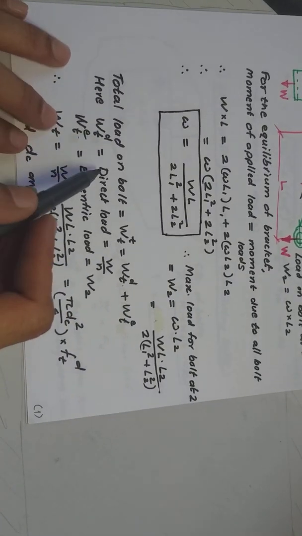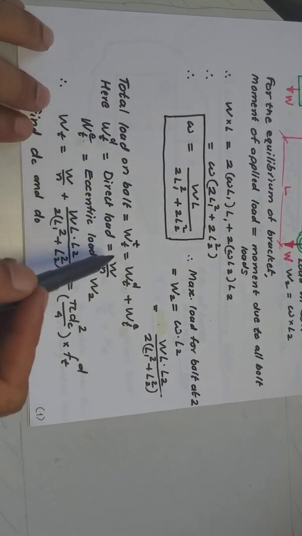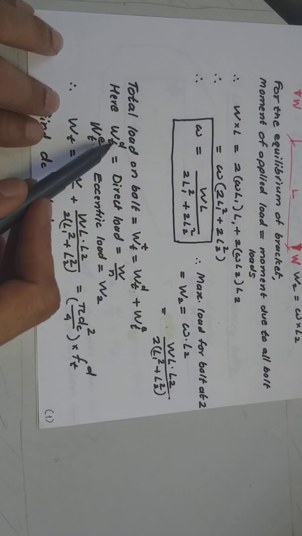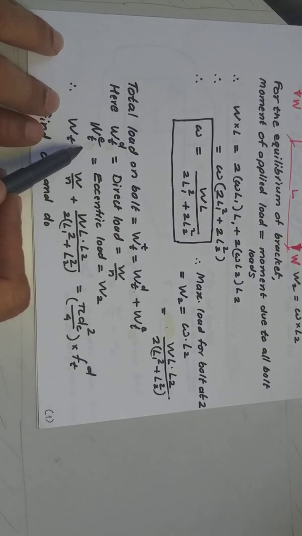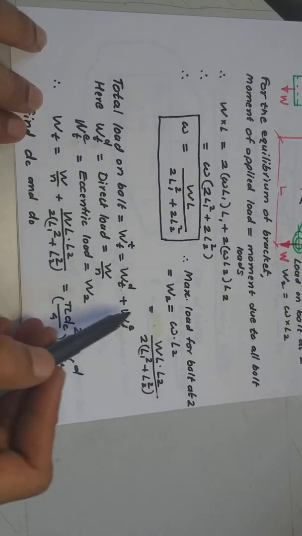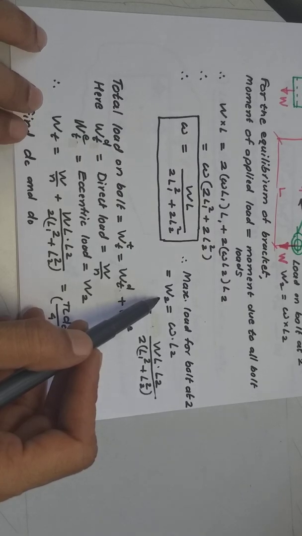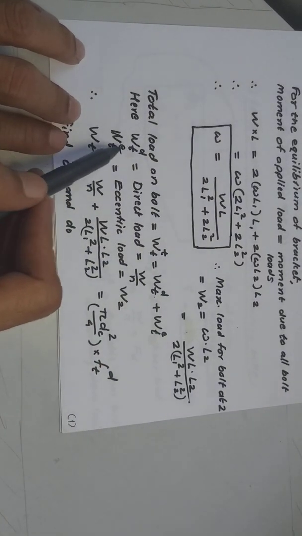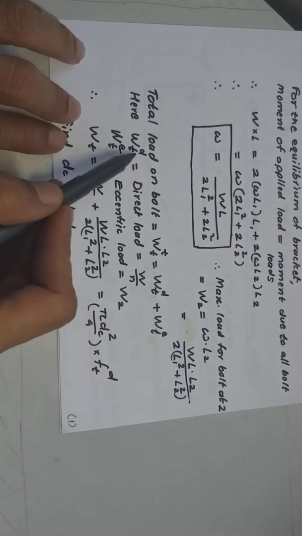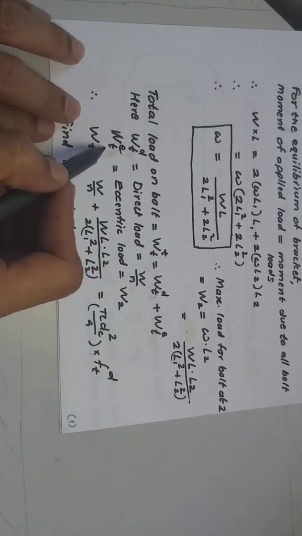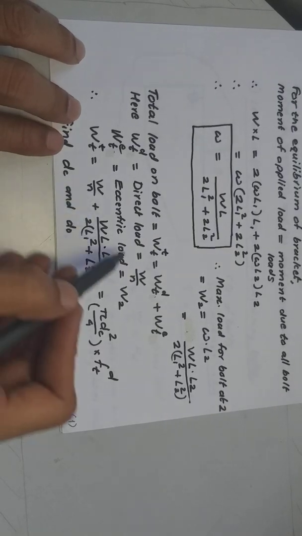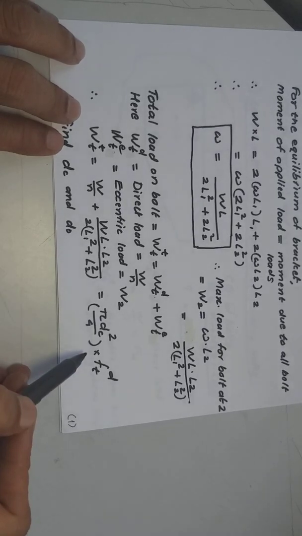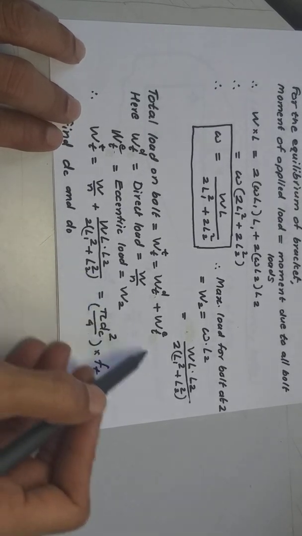Now what is WT direct? WT direct is the load that is on each of the bolts. So total load upon number of bolts is the load on each bolt, which is of a tensile type. And then the eccentric load, WT eccentric, is nothing but the W2 load which we have just found out, which is there because of the tilting action. So these are the two types of loads, and when you add them, that gives you the total load. So WT total is equal to W upon N plus WTE, which is this. W2 is replaced by this.